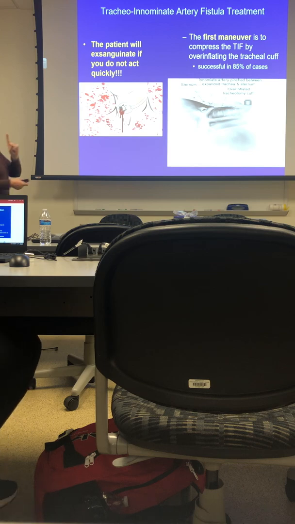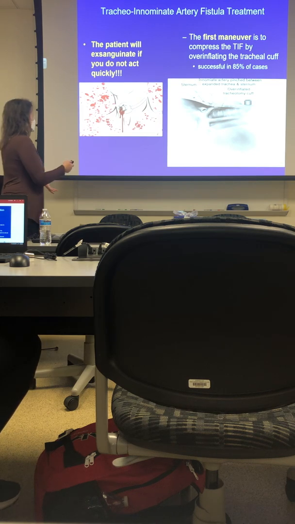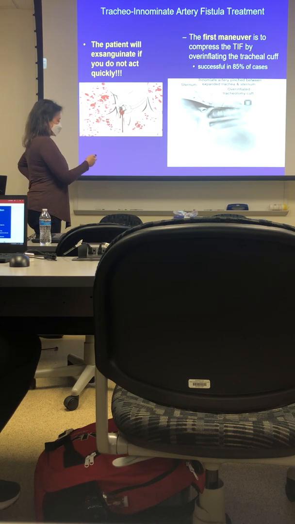stop the bleeding. So if that was to happen, we're gonna prevent it, because we're not gonna have that cuff pressure too high, right? So we're gonna prevent that. But if it did, if you don't do anything, the patient will, does anybody know what that word is? Exsanguinate. They're gonna lose all their blood volume. They're bleeding out, exsanguinate. Okay, so the first maneuver we wanna do is, see here, this is an overinflated cuff